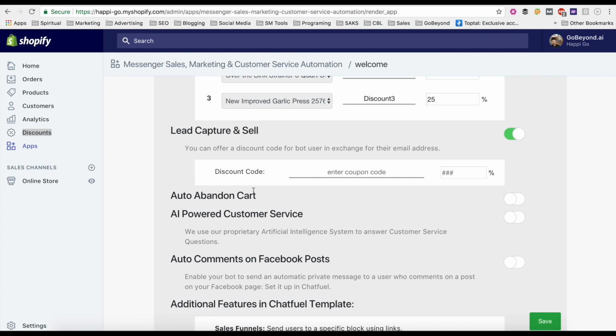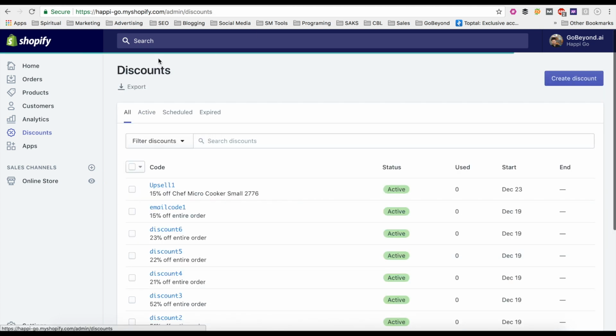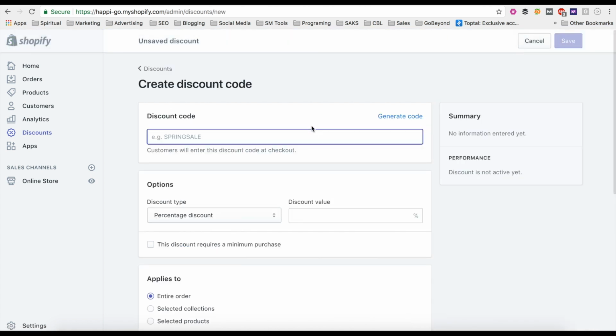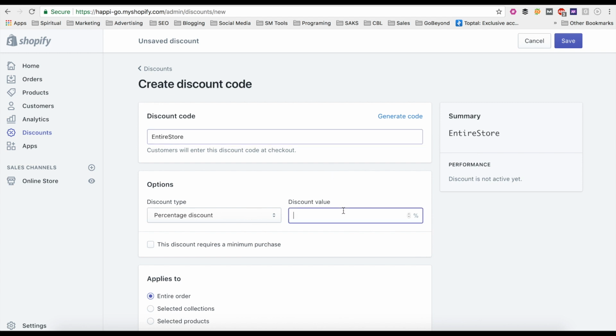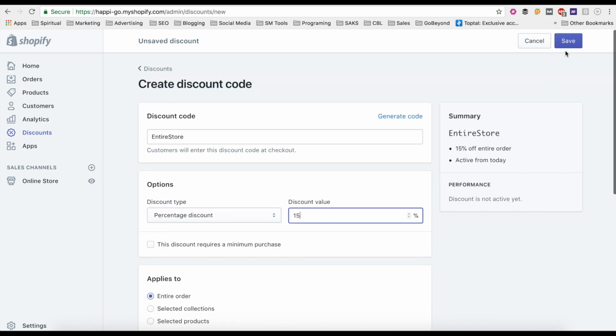What we want to do is we want to come back and we want to capture this person's information. What we'll do automatically is send him a coupon. So what you want to do here is you want to come back to the discounts, and you want to do a discount for the entire store. So we're going to create a discount, and it says we'll do entire store, and then here we'll say 15% off entire order, and then we will save this,